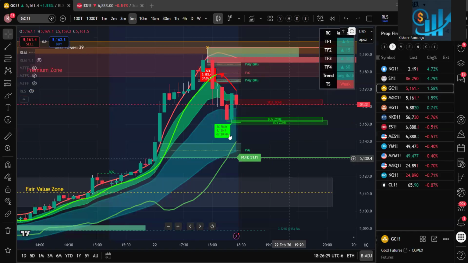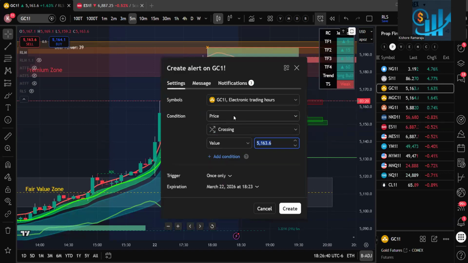So GC, because all four time frames are bullish here, I got a buy signal, strong buy signal. This is the best opportunity to go long. So you can always create an alert. You can go to RLM